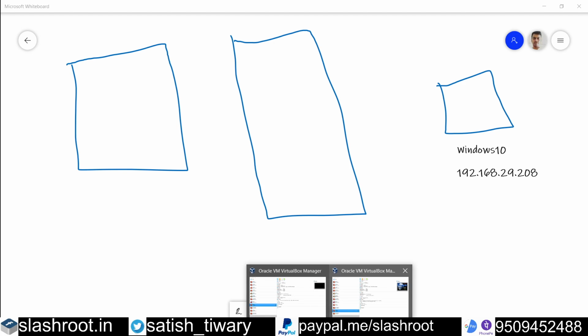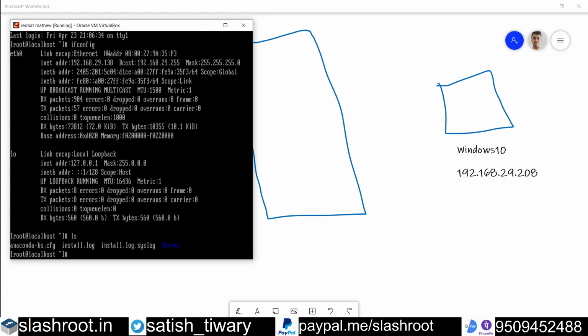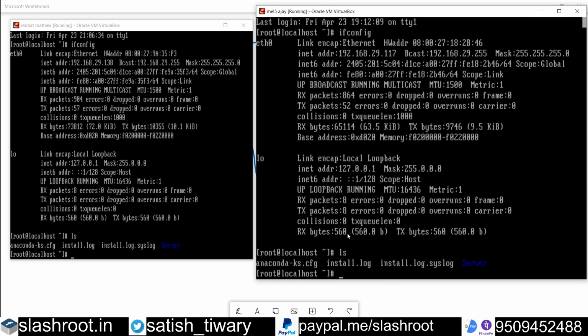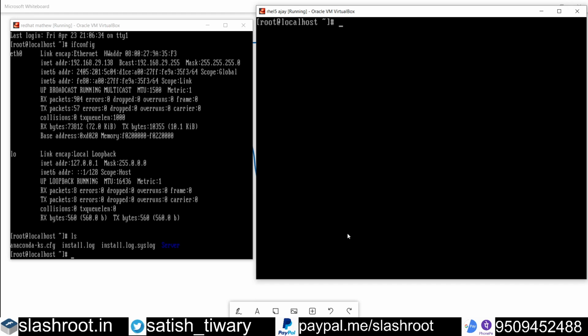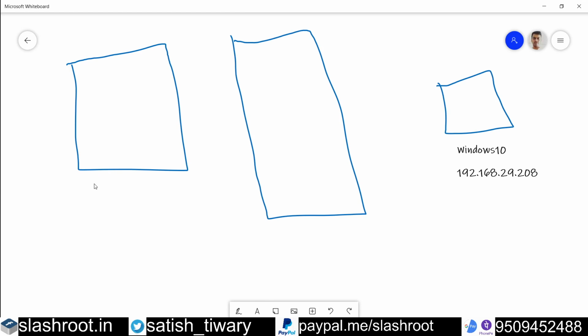Now let's move to the server and check the server configuration one by one. I have already told you how to configure a web server. In this machine you can see ifconfig. So 117 is our web server machine, so let's assume this as the web server machine, 192.168.29.117, and it will work on port 80.